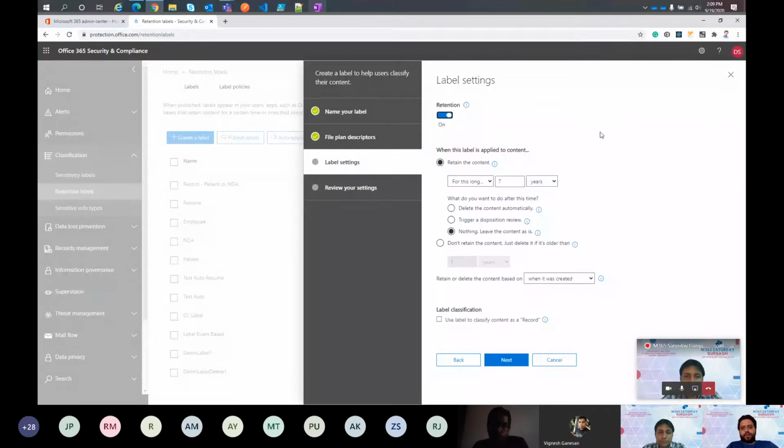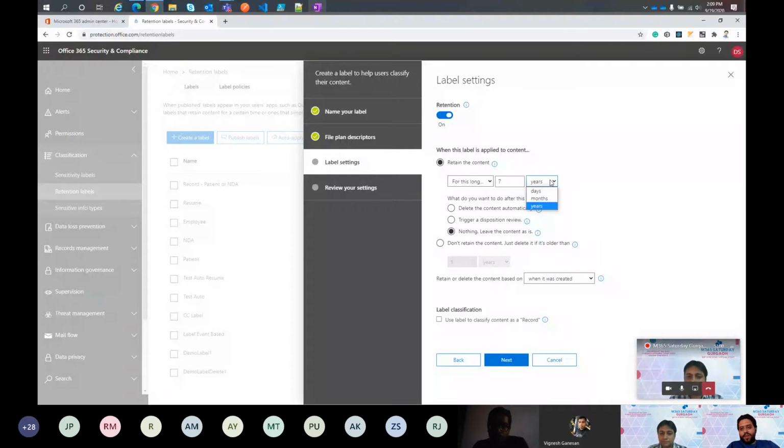If I switch on these retention settings, you can see that there are two options. One is retain the content, the other is don't retain the content, just delete it older than. We will define the timeline for both the options, whichever option we want.